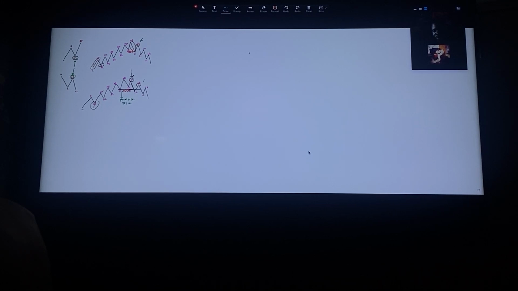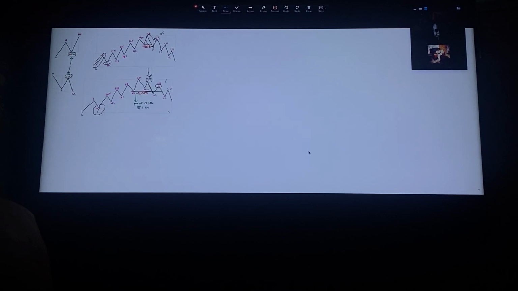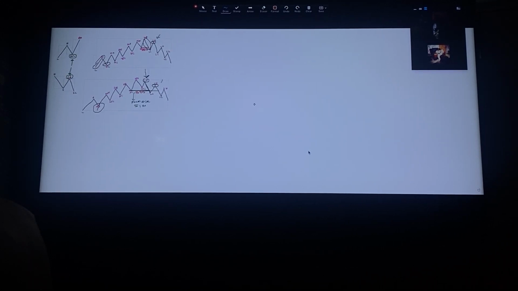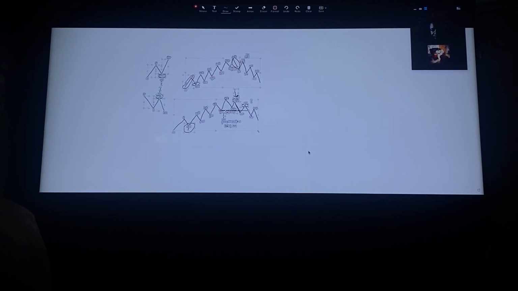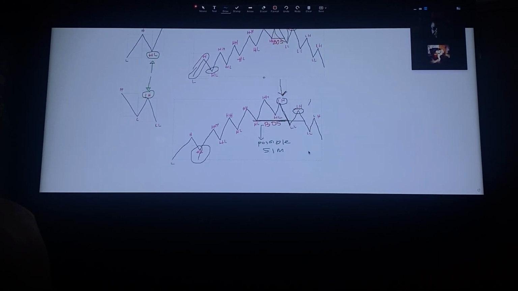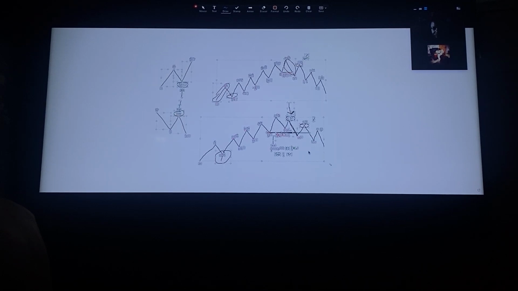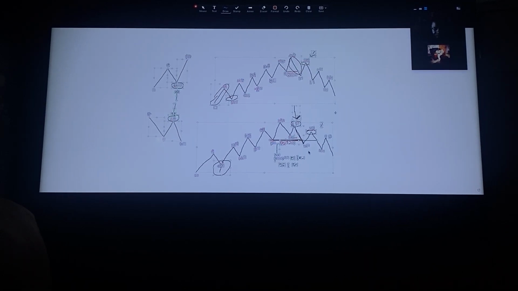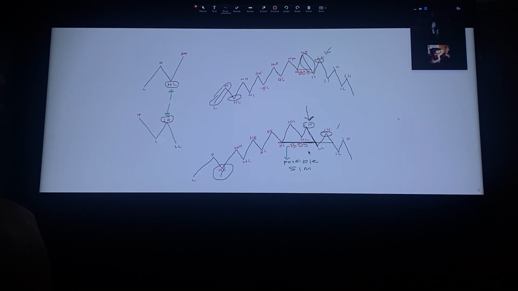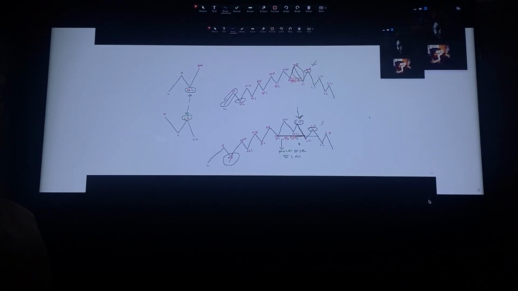Okay, so now we know this. I don't want to remove this from my chart, so you can take screenshots. Are you taking screenshots? Yeah, you can take screenshots. You just can't record. Okay, I'm going to screenshot it right now. I want to expand it a little for you. All right, I got it.